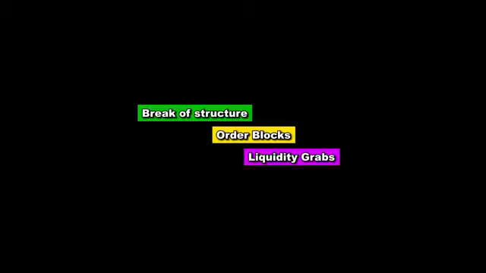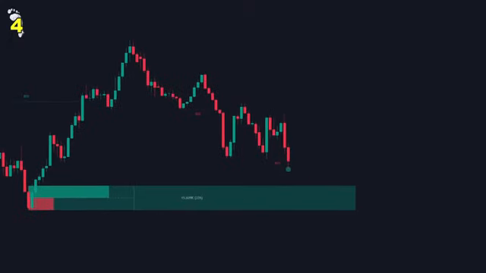The entry process is straightforward once we have all the components in place. For a bullish setup, we place a limit buy order within our bullish order block. We set our stop loss slightly below the order block to give ourselves some breathing room. Our take profit can be set at twice our risk distance, or if we want to be more aggressive, we can target the previous swing highs.